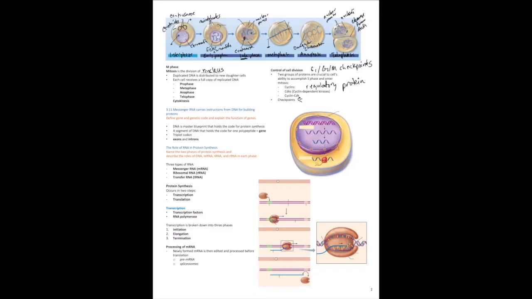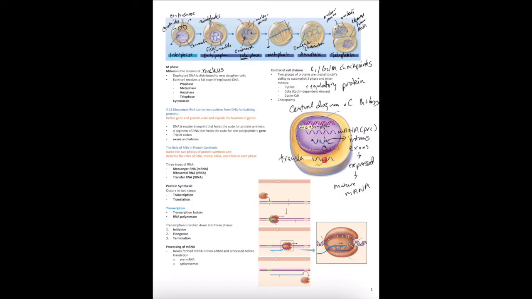3.11, messenger RNA carries instructions for DNA for building proteins. So we look at, this is what's known as the central dogma of biology. During transcription, we get the formation of our mRNA. And so this is specifically what's known as pre-mRNA because it's not in its mature form. That mature form is going to have the 5' cap as well as that poly A tail, and another feature is that we're going to splice out what's known as our introns. So introns get spliced out, and then exons going to be expressed. So that is what is going to be left when we have our mature messenger RNA. And that is what's going to exit out through that nuclear pore, and then over here is where